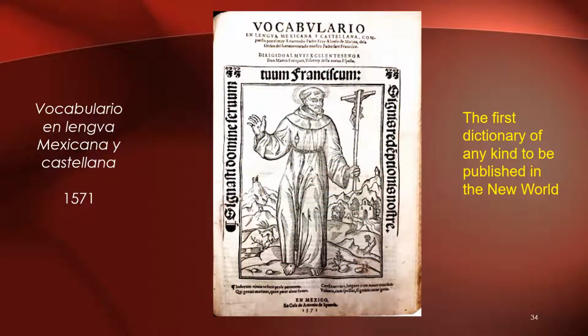The indigenous languages, histories, and customs also became more widely studied and read. Then a bilingual dictionary, here the first dictionary of any kind to be published in the New World, was released in 1555. This happens to be an edition of 1571, but it's called a Vocabulario en Lengua Mexicana y Castellana. So this is a vocabulario that is what we would call a dictionary in the Mexican and Castilian or Spanish language.